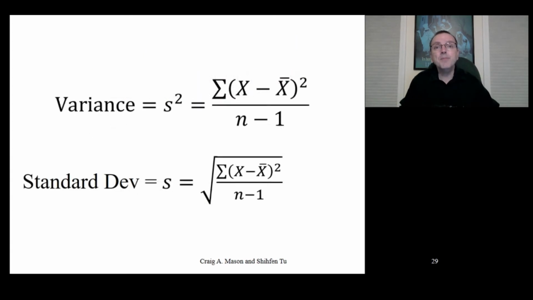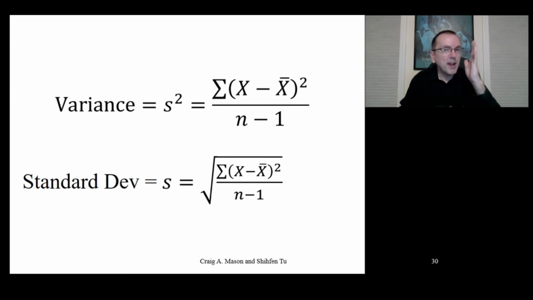Now, because of all this, we should use n minus 1 in the denominator when we calculate the standard deviation and variance. In fact, by default, a lot of software will primarily report, maybe only report, the standard deviation and variance using n minus 1 in the denominator because there's the assumption that's the formula you want. You want the estimate of the population value.